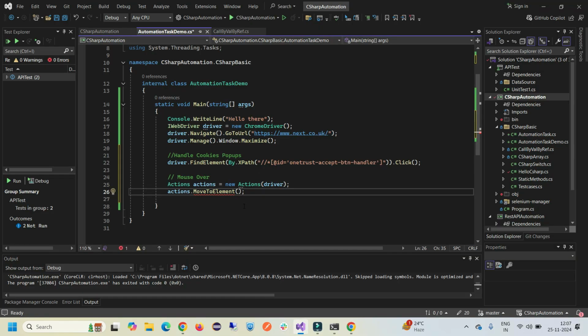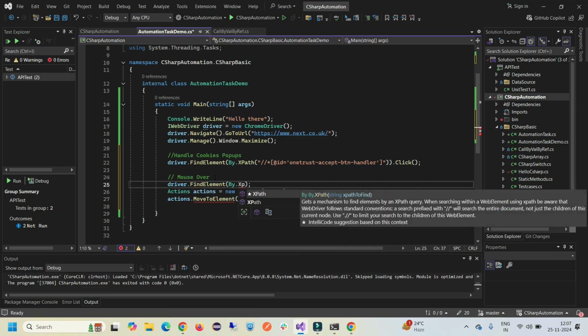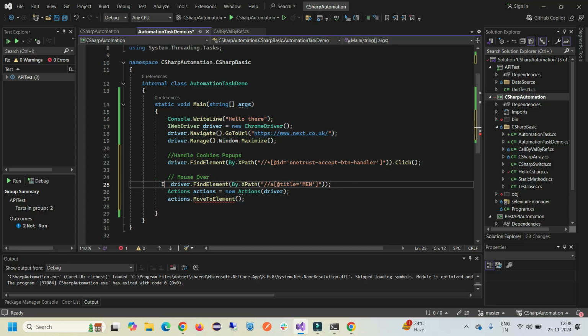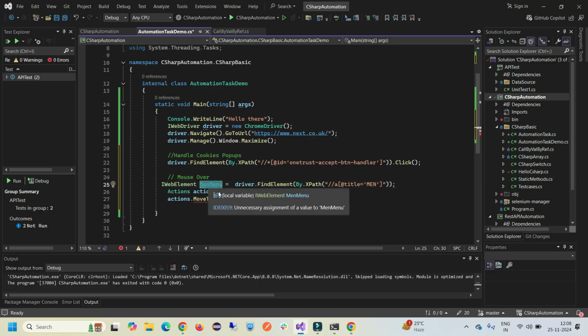Go to your source code again and move to the element. Let's define this element first, and we can say again driver dot find element by dot XPath, and we can pass this XPath over there. Okay, so this is the element, and I can store it in a web element, and we can say Men's menu, right? And next I can pass this here,